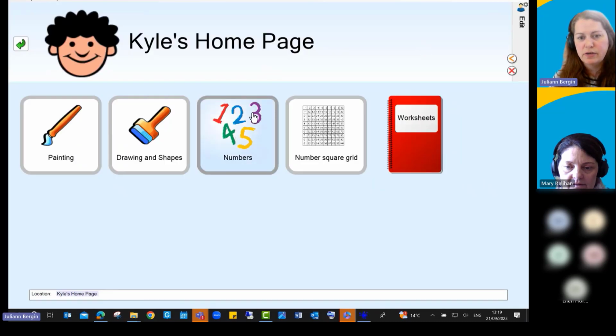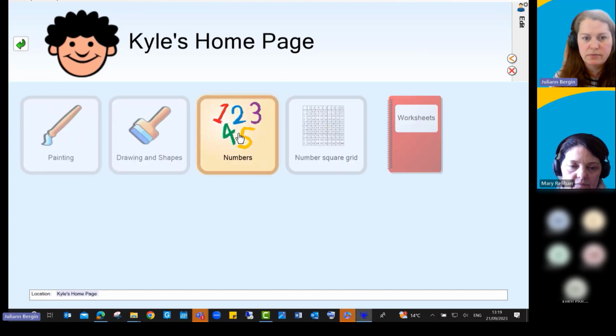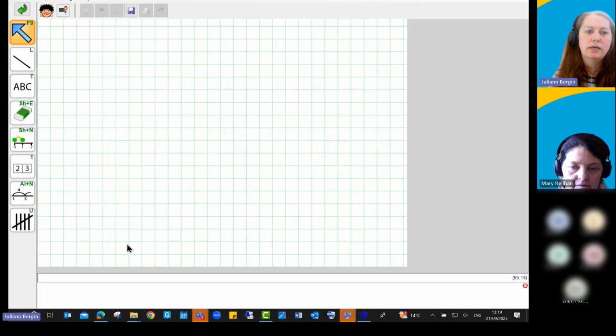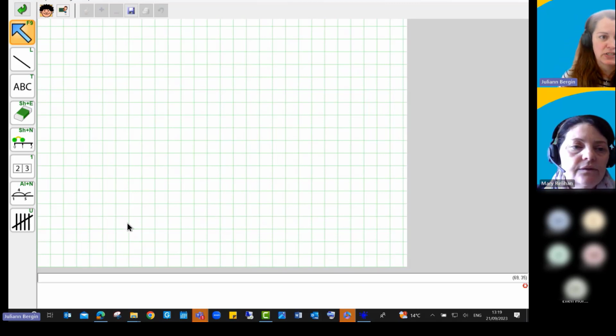If we go into numbers here, this is where the majority of what I'm going to show you today will be. As you can see, we've got a very simple interface in this one where we can do a certain amount of input. This is designed for a younger student in primary school, and I'll show you a more complex page setup in a while. Under page up here,